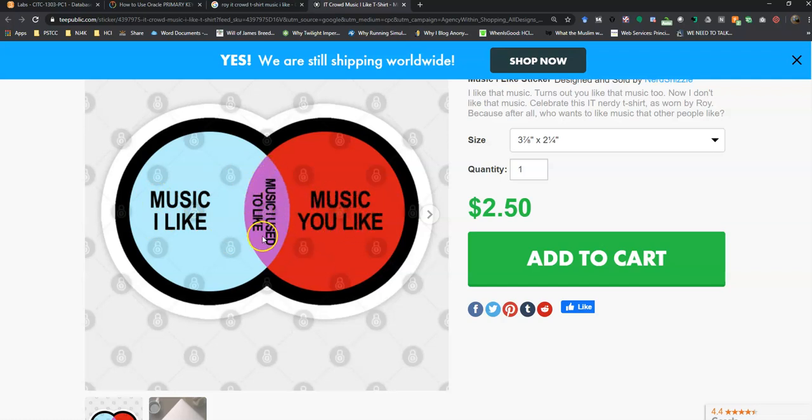Then this could be music that I used to like. Because it would be music he doesn't like still, but he would have ever liked it. But I don't know why I'm going on about it. I'm just pointing out it's a nerdy shirt, but it kind of gets it wrong. Because you can't used to like something and still like it. And that's what something being right here would